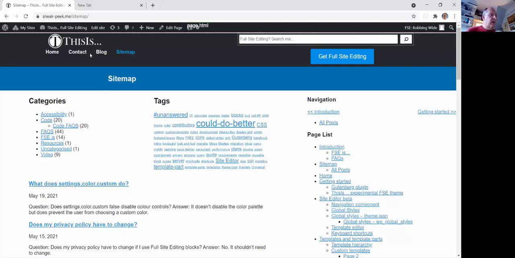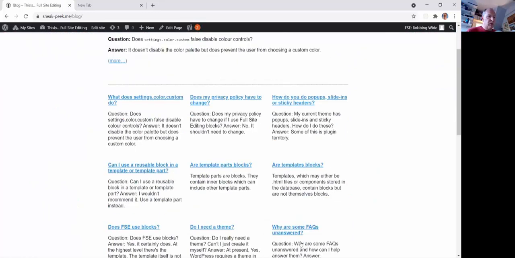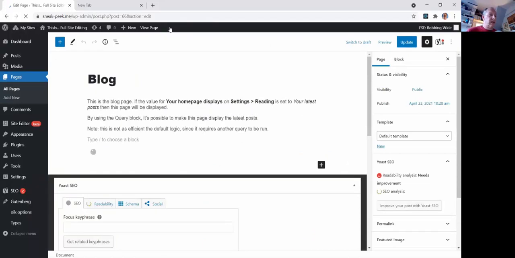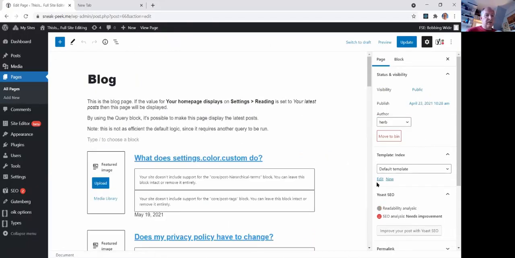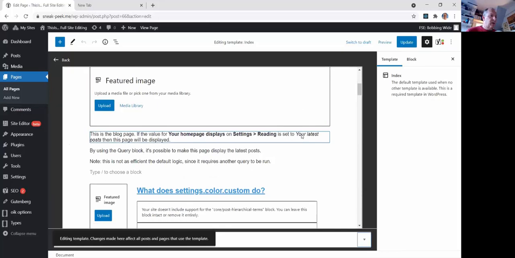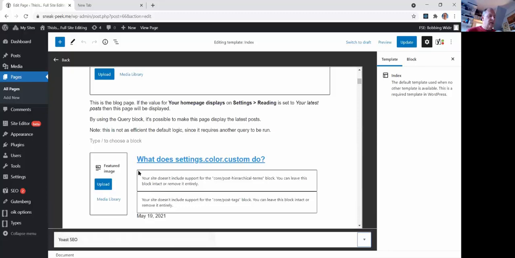And we'll do that by going to the blog, and we can see there's some dynamic content being displayed here. And we're going to go and edit the page, and it's just going to say, this is the blog page, what are you doing here? So what we're going to do is say, let's edit the template. And we can see we've got a number of different queries in. Now that's probably not the best way of doing it, so let's go out again,